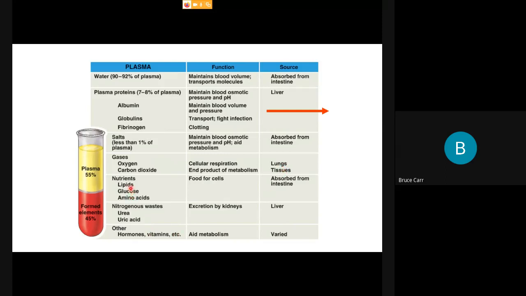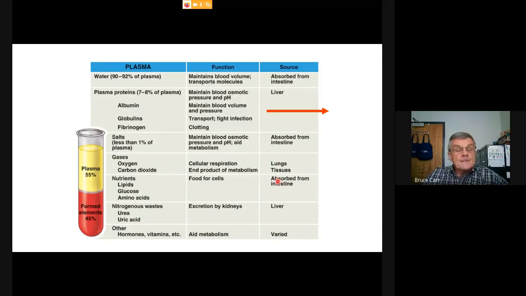Nutrients, this is from our digestive tract, absorbed largely through the intestines, with our main nutrients being lipids in the form of fats, oils, waxes, glucose as an example of carbohydrate, and very diverse in diet, and amino acids and proteins. These are our food stuffs that have to be broken down from food to nutrients and absorbed by the intestine. If you break down this one,